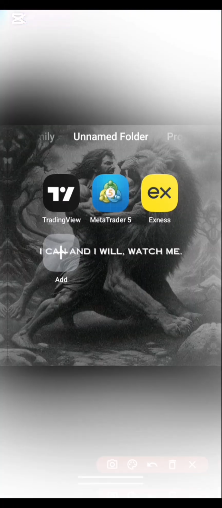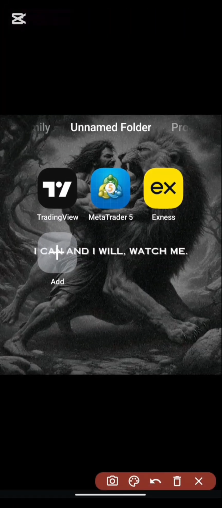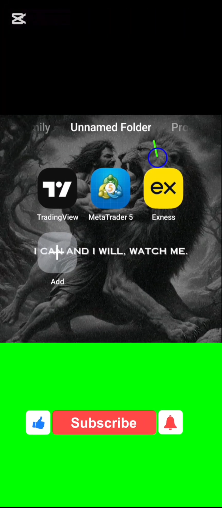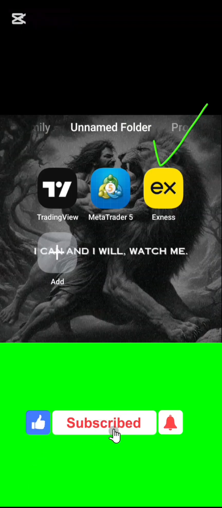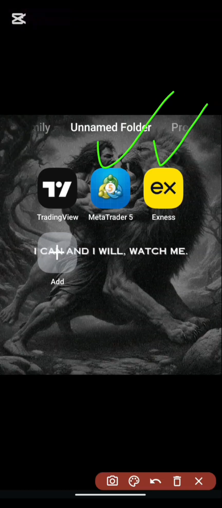Today's video is going to be about how to set up your trading environment, and as you can see, these are the apps that are needed. We have Exness, where we'll deposit, then MT5 for our trade execution, and TradingView for our analysis. So after downloading these three apps,